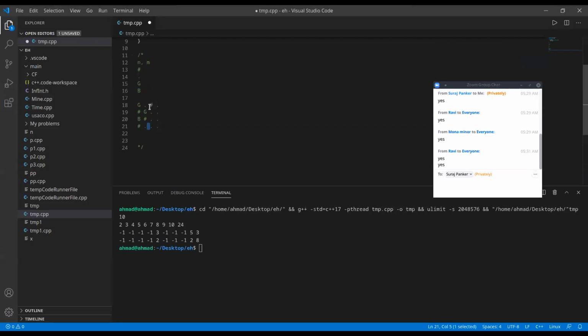Also, we need to make sure that no good person is stuck and cannot move. If a good person cannot reach the end, it will be wrong. So if we have a wall here, obviously this is not possible for the problem, because this good person will not reach. We want to make sure that all the good persons reach the end and no bad person reaches the end. So let's see how we could solve this.